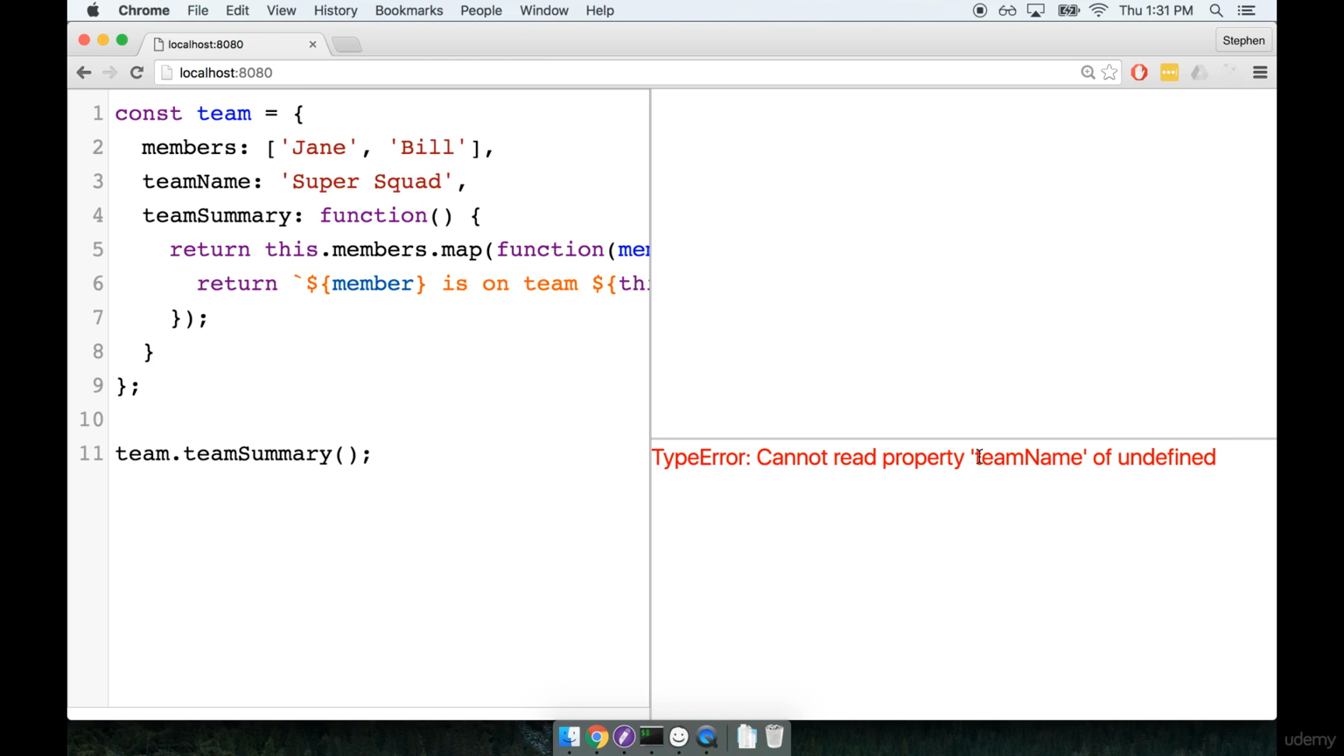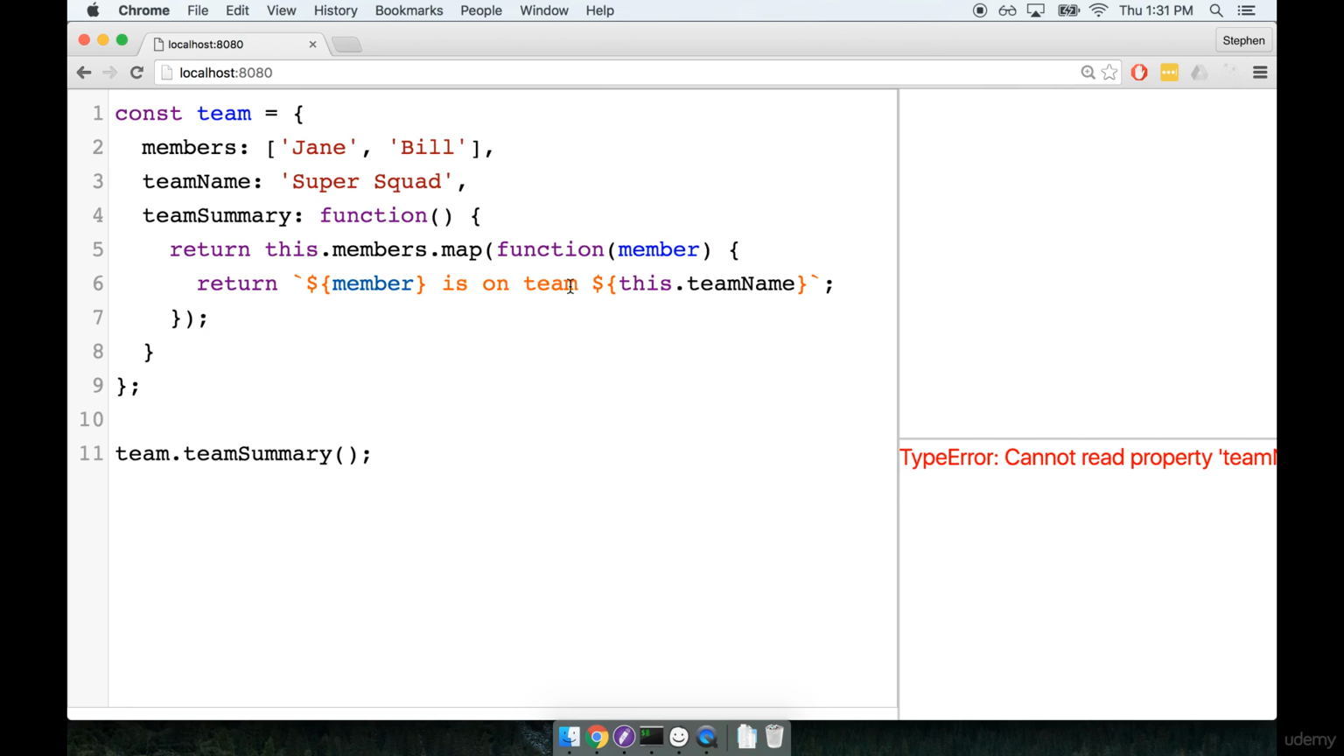Cannot read property teamName of undefined. So we are trying to access a property called teamName on an undefined object. So let's look at our code, try to figure out where that might be happening. We're only making one reference to a property of teamName, and that's right here inside of our mapping